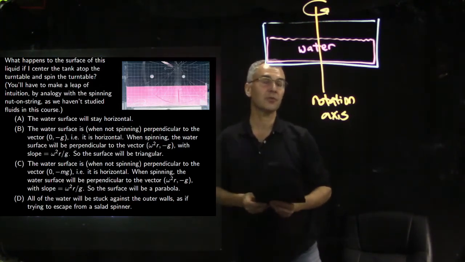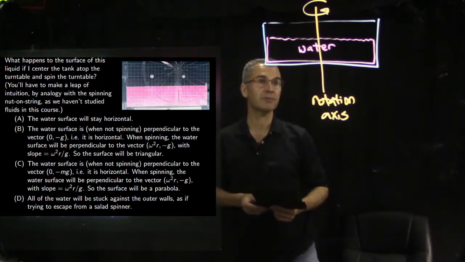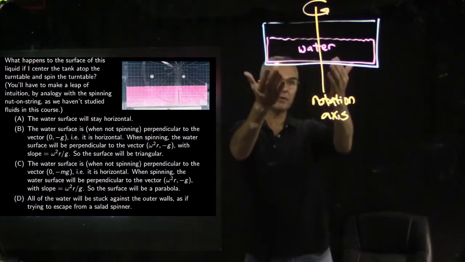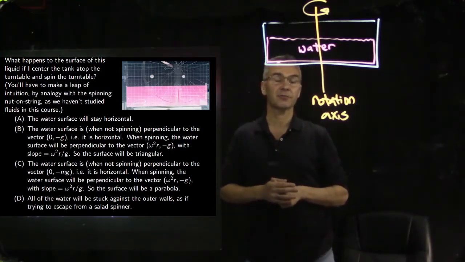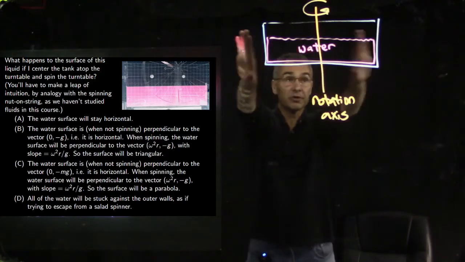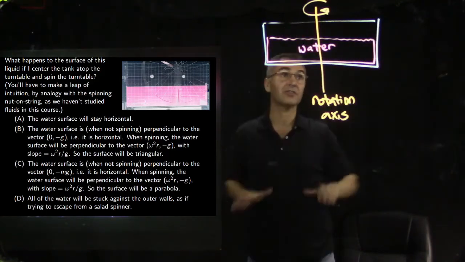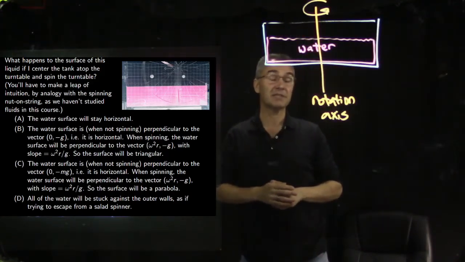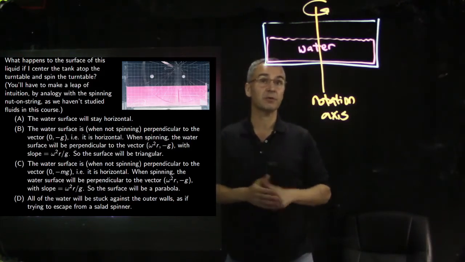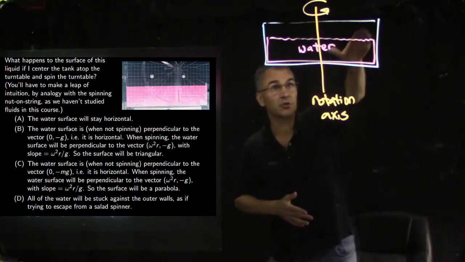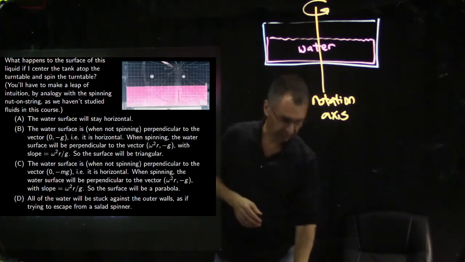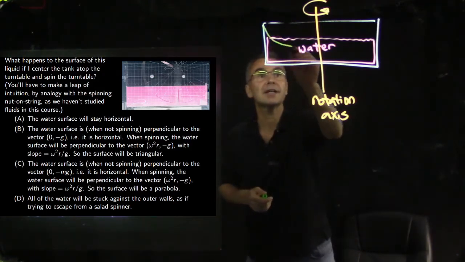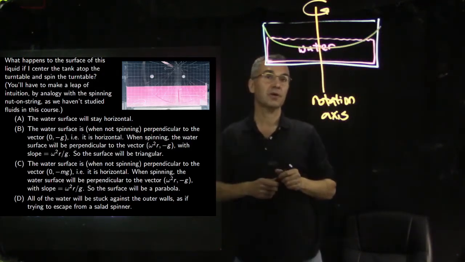And you want to think like a centrifuge. What happens in a centrifuge? So you could say, maybe the water doesn't care. It'll just mind its own business. Or you could say, maybe all of the water will instantly go to the very edges of the tank immediately. Or maybe something in between will happen, and maybe you'll get kind of a curved shape. And if you do get a curved shape, how do you know what kind of curved shape you'll get? I would say use as a hint: